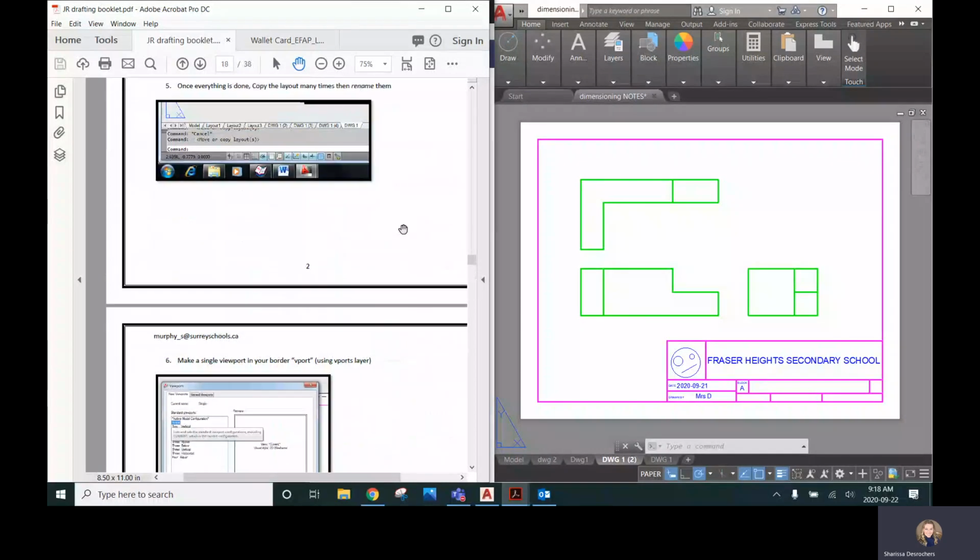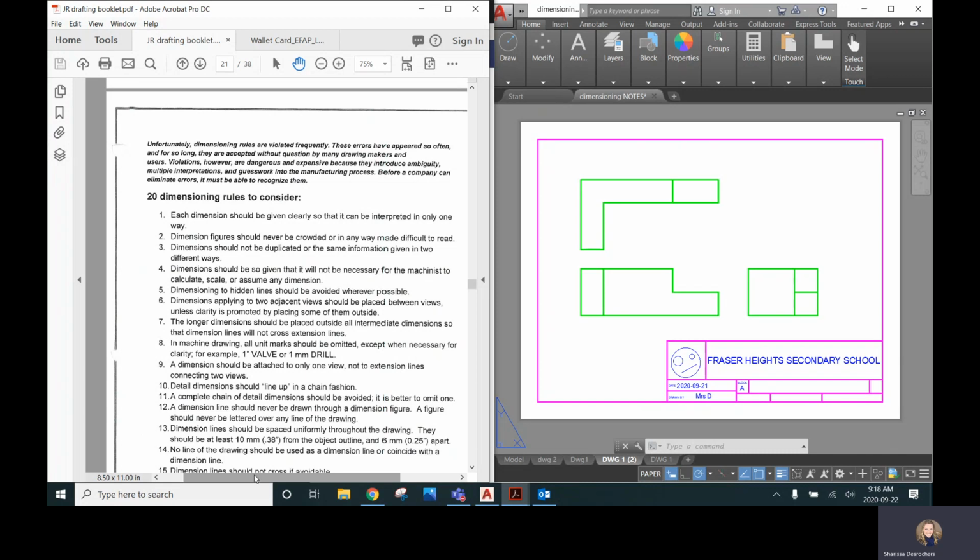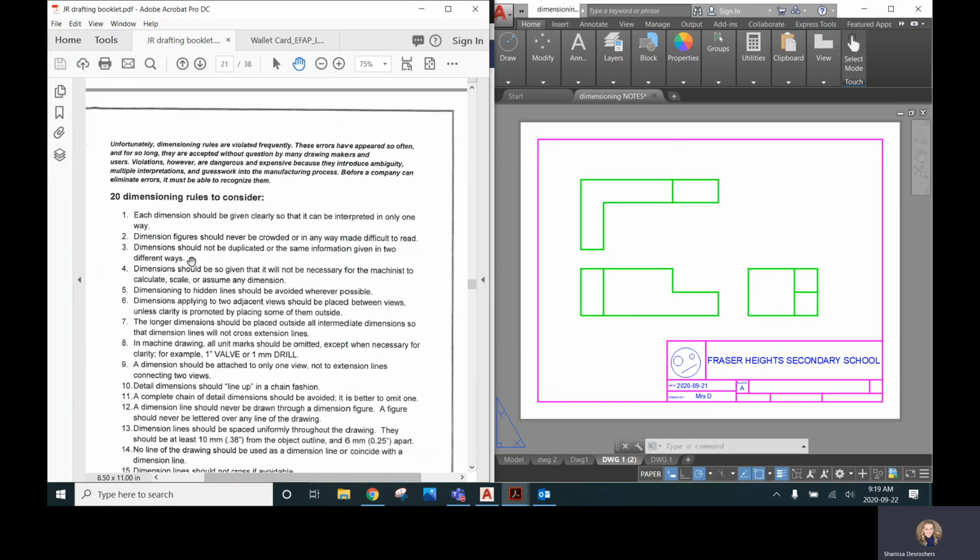Today is just after what we did yesterday with viewports, moving into the next page here with 20 dimensioning rules. I'll address more or less what dimensioning is and what it's for. So you've gotten to this point in your assignment, and the purpose of this video is to explain how to dimension and talk about